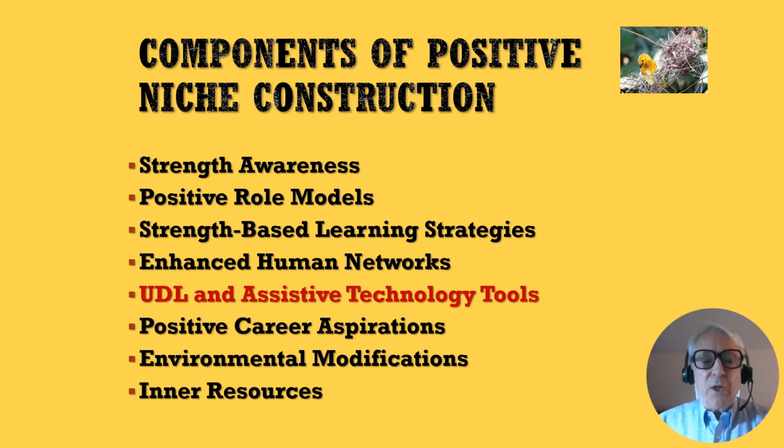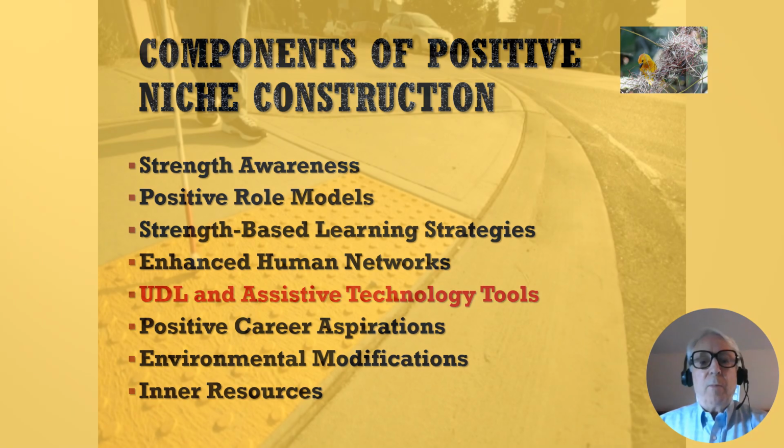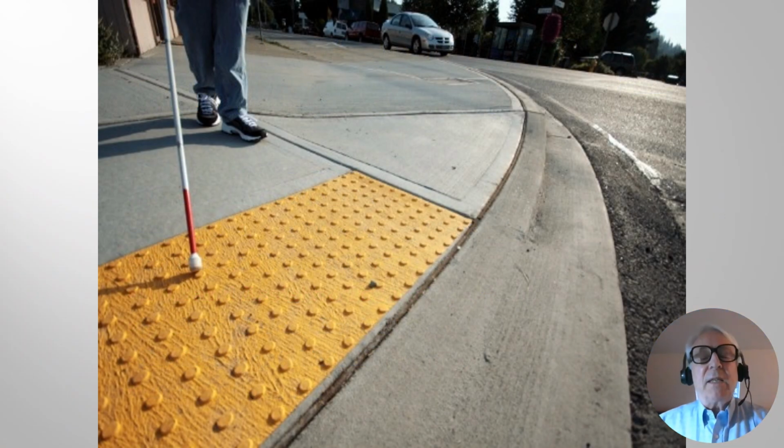So let me define UDL. UDL stands for Universal Design for Learning. And the idea of design for learning actually emerged from landscape designers and city planners. And the idea was to create environmental changes that would benefit people with disabilities, but would also benefit other people as well, neurotypicals. And one of the best examples that I could give you of this is the typical curb